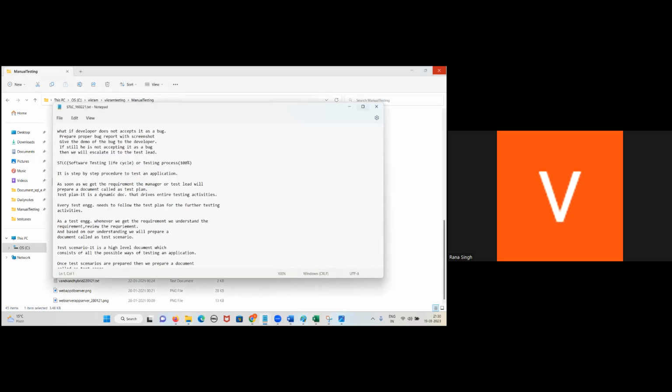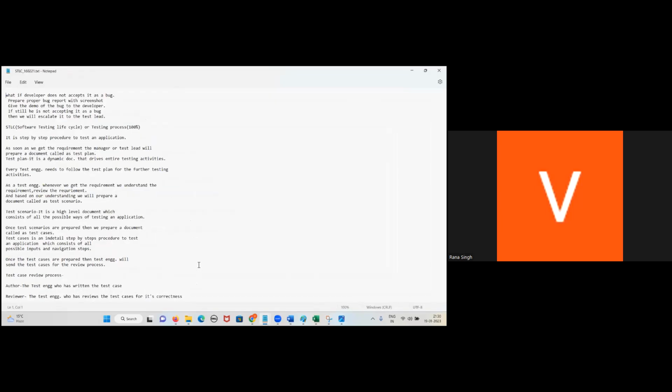Yeah. Software testing life cycle. Yes or no, guys? Yes, sir. Let us start from here. This is a must question. It is a step-by-step procedure to test an application. Yes or no, guys? Yes. So as soon as we get the requirement, the manager or test lead will prepare a document called as